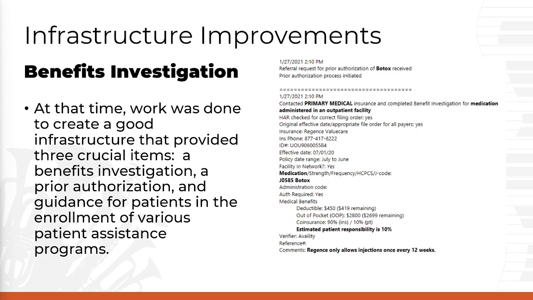But in addition to the benefit investigation, and I apologize, I don't have time to go through our whole process in detail, we also have smart phrases for the submission. We have smart phrases for the approval of a prior authorization. We have smart phrases for a denial. We have smart phrases for filing appeals. And for patients where we identify a financial need, we have a whole different set of smart phrases for signing them up for copay assistance or patient assistance programs or grant programs, through third parties, things like that.